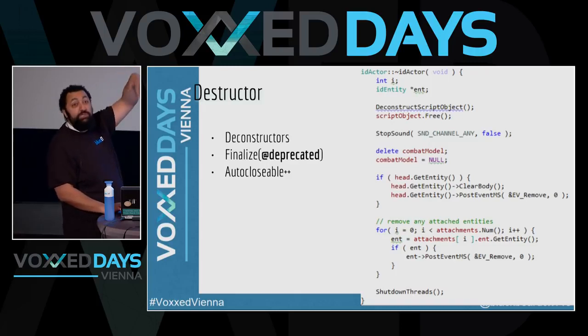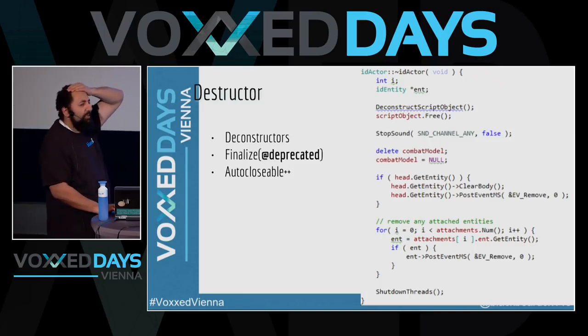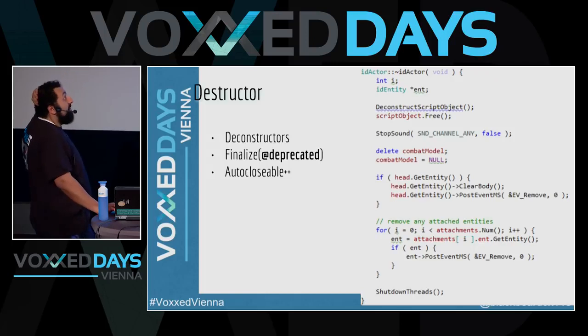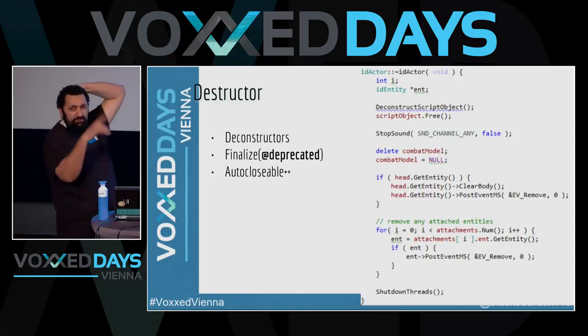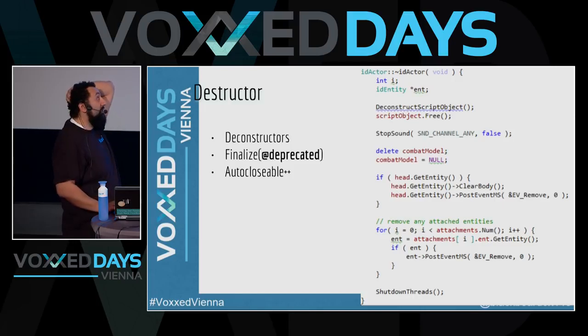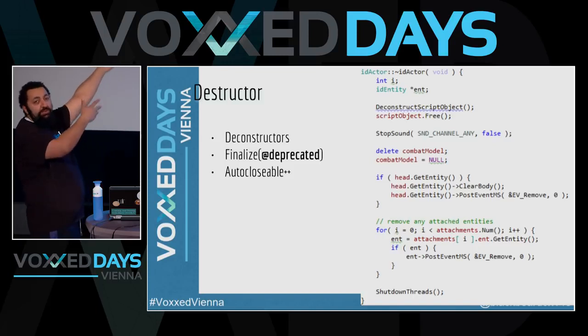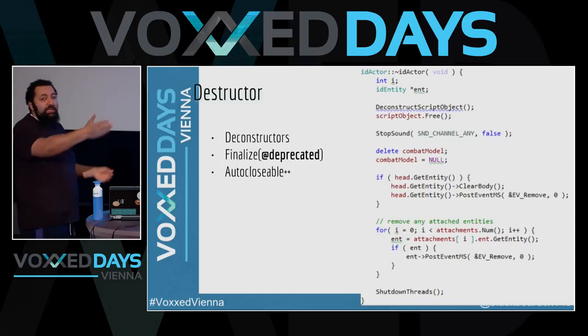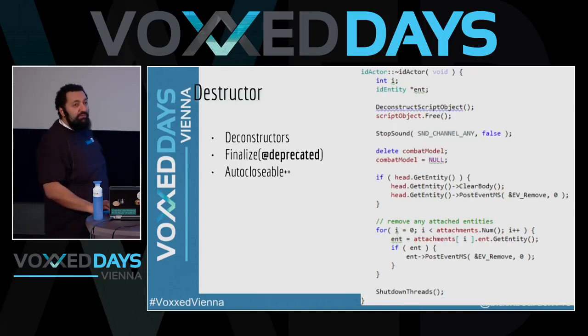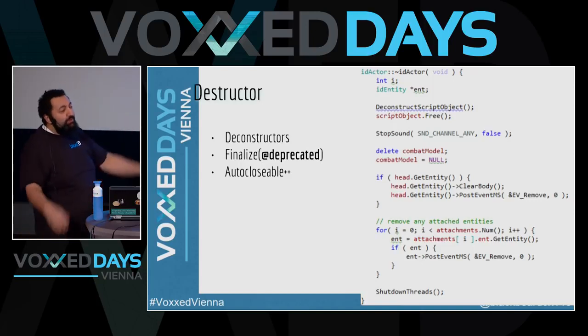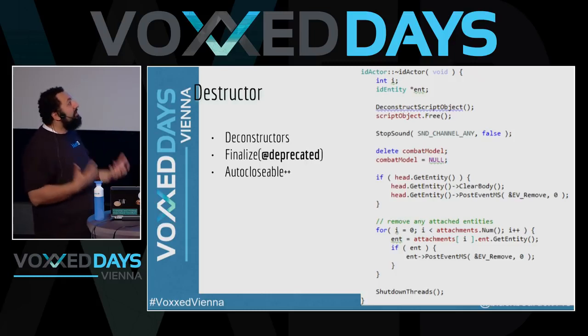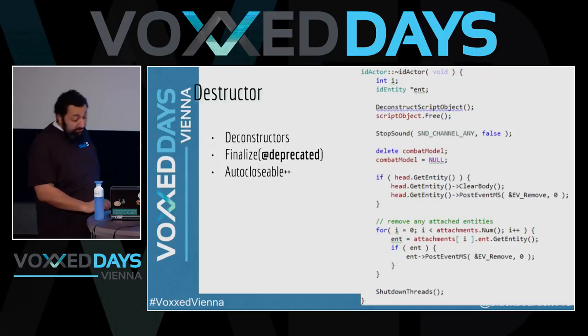We had finalize, which is deprecated for good reason, so don't use finalize. But we also have AutoCloseable, which is a cool idea, but you always have to do it with a try-with-resources and such. So that's kind of annoying. But it's the same idea. The reason they introduced AutoCloseable in Java was this actually. If you create a new file input stream or whatever, you don't want to do it in the finally and always close it and such. It's annoying. Who wants to do all that? So yeah, destructors can be helpful, I think.